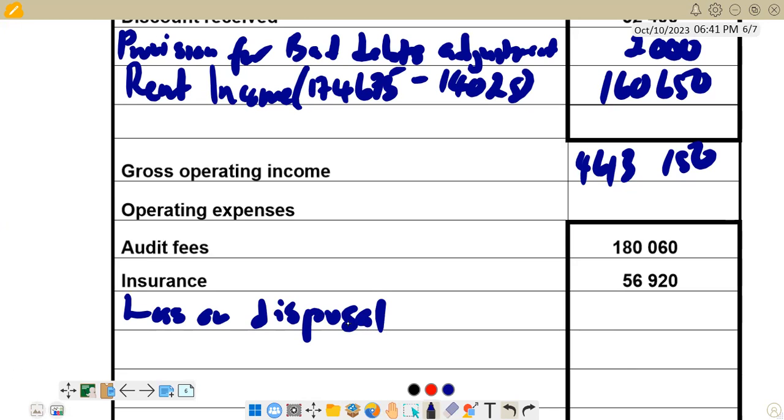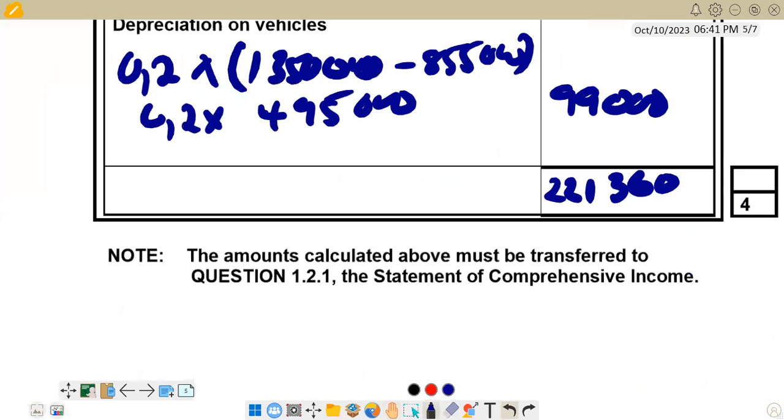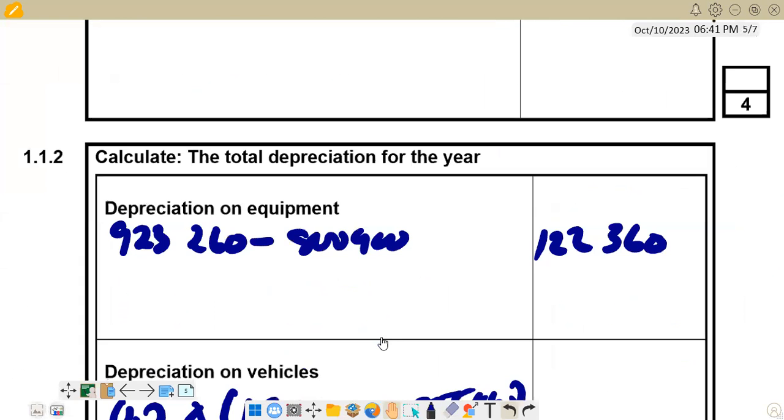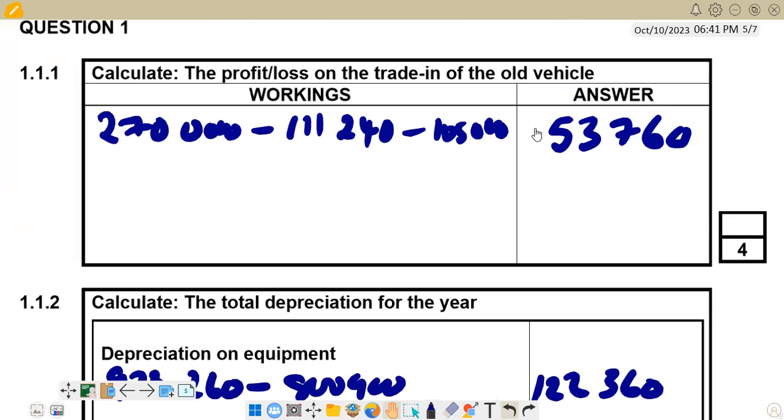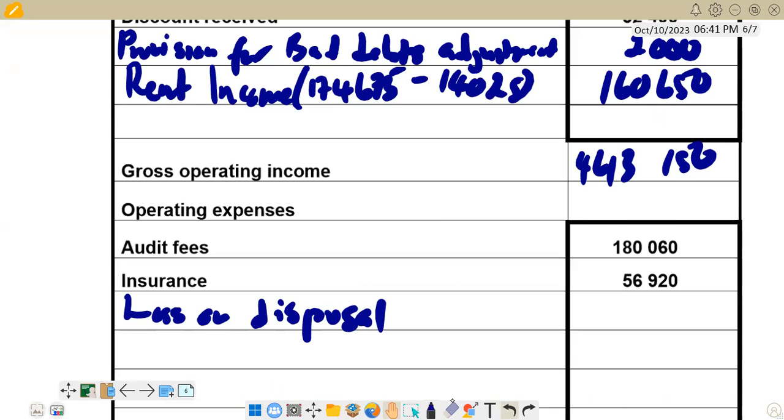And the loss on disposal, we calculated it in the previous calculations. Let's go back, find the figure there. Right, the loss on disposal in the figure that we calculated here, which is 53,760. So that's the figure that we have. We go back again to check